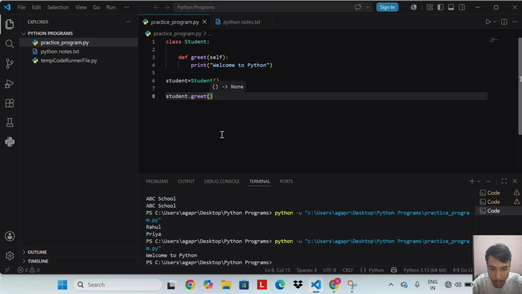To call a method, write object_name.method_name. Here student.greet calls the greet method on the student object. You can add as many methods as you need inside a class. Each one defines a different action the object can perform.